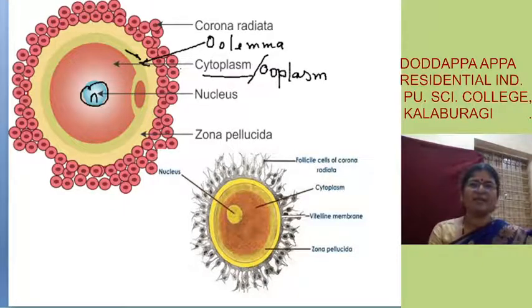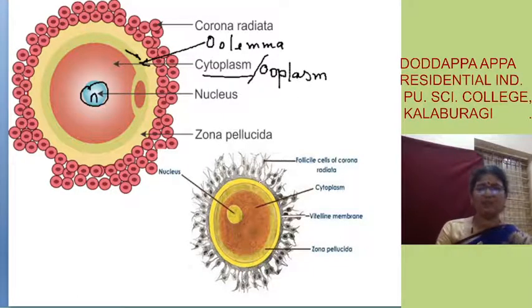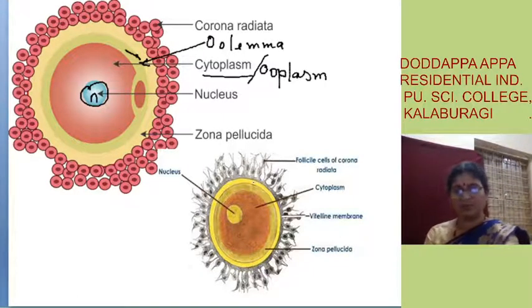And afterwards you have a clear zone which is called the zona pellucida, and then you have a cellular portion which is called the corona radiata. So in this diagram it has been shown clearly. You must know which layer comes after which, and it is the NCERT diagram. Okay, hope you know that. No need for me to go through it again.